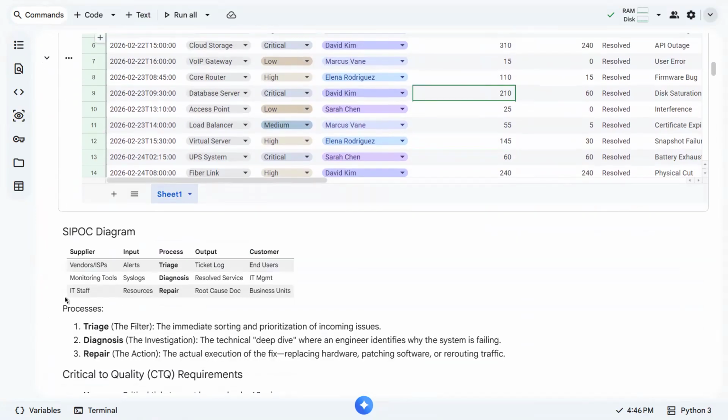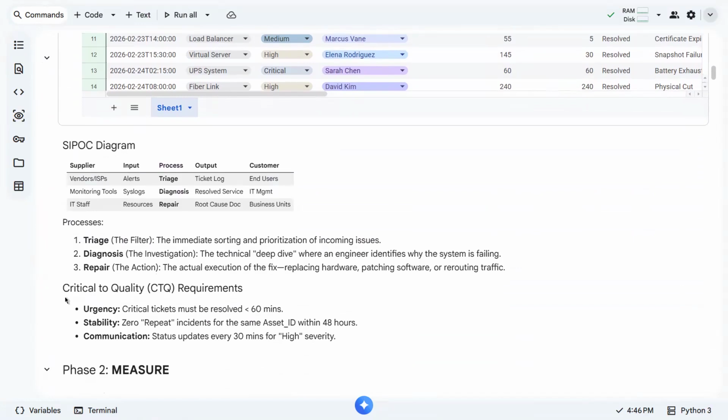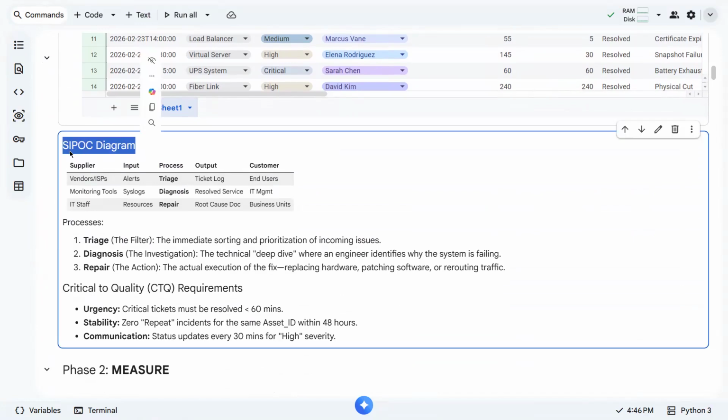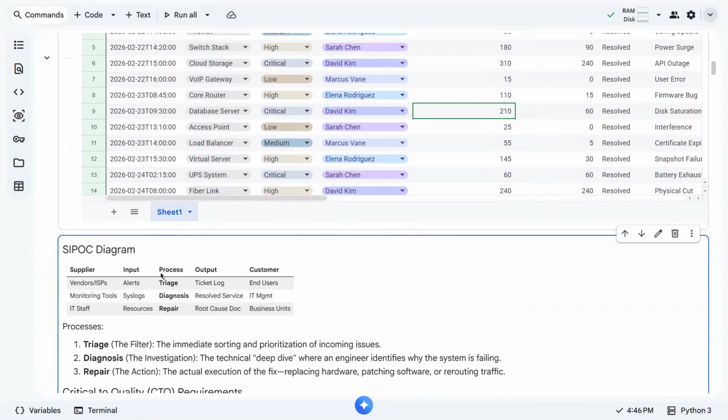By the way, in addition to the problem statement in the define phase, we can support that by providing the SIPOC diagram. SIPOC stands for Supplier, Input, Process, Output, Customer. In this specific scenario, we have three processes involved.